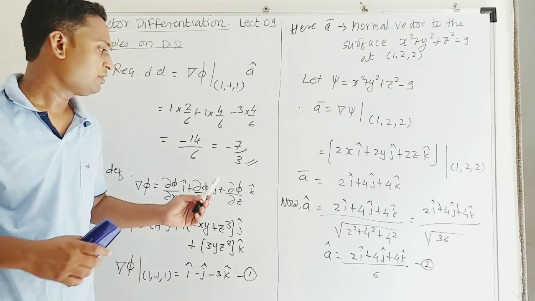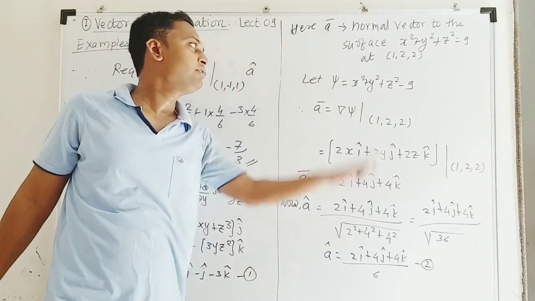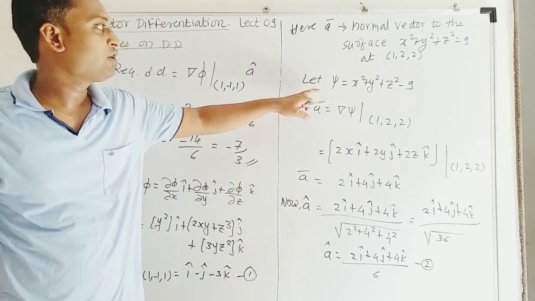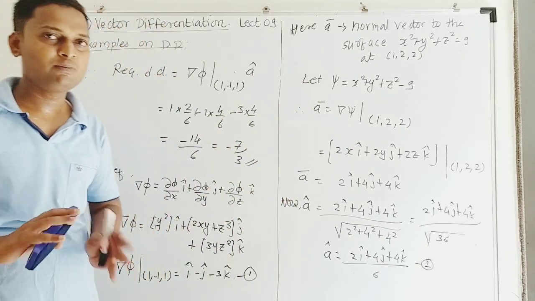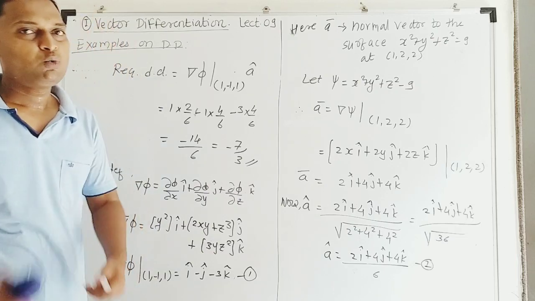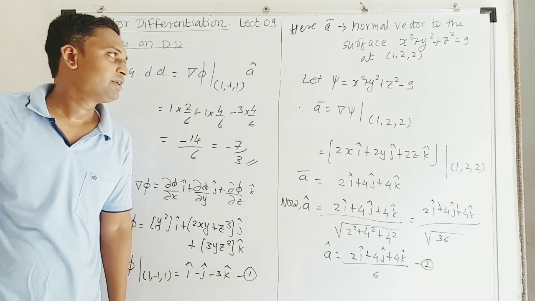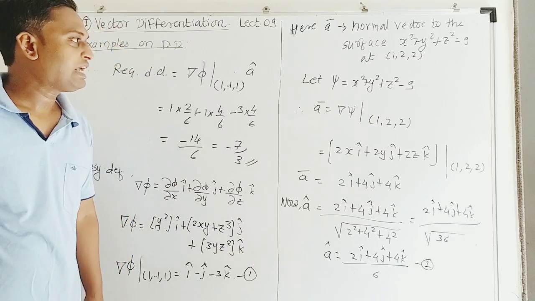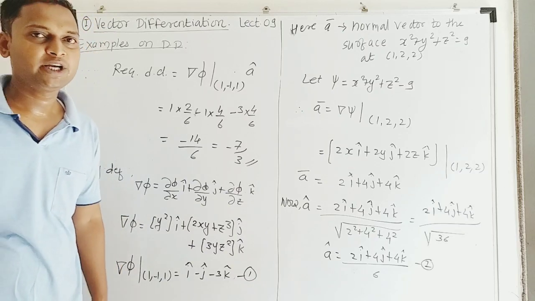So this is very easy. Just the calculation of this normal vector becomes important here, and we have two surfaces in this type of problem, so you need to handle both of them carefully. One surface for calculating the directional derivative, one surface for calculating the normal vector. So I will give you one example of this type for practice. You try to get it.